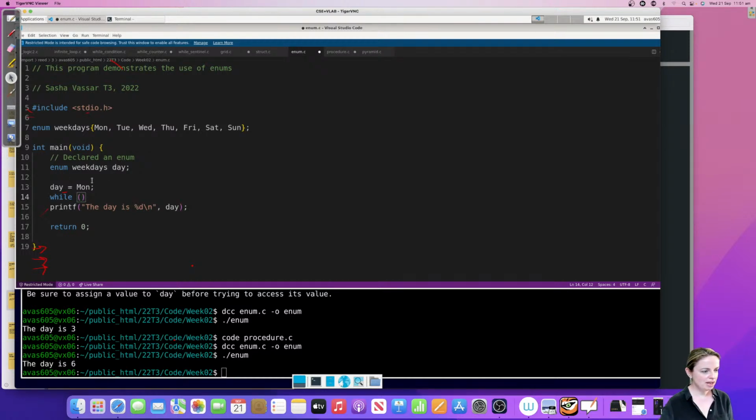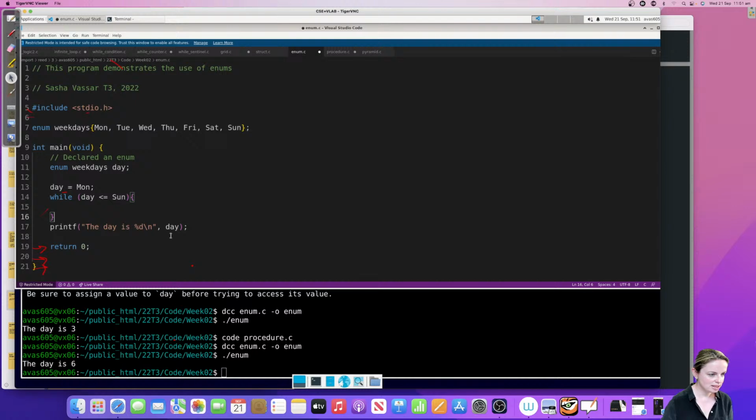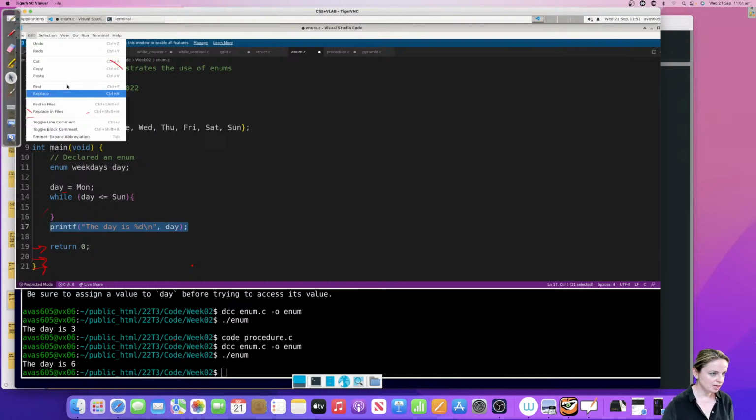So we can do this. Let's say I want to start on Monday, and then I'm going to say, okay, whilst day is less than or equal to Sunday, I'm going to print out the day. And then I'm going to add 1 to the day.